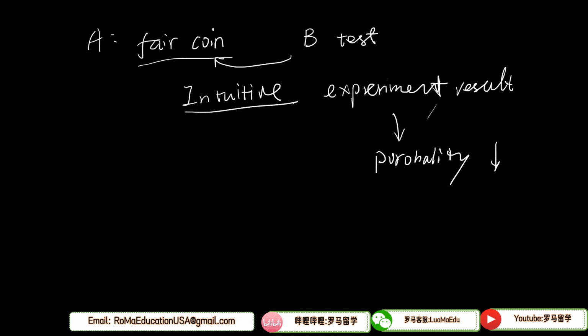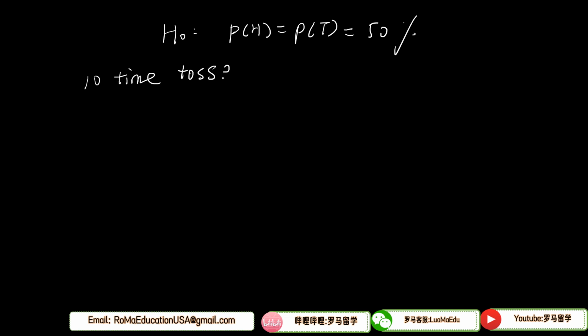Let's say, okay, assuming that this coin is a fair coin, which the probability of the head and the tail are both equal to 50%. Then we will test and toss the coins 10 times. Here we should toss more, like 1 million times or 10 million times, but for simplicity, for calculation, we toss this only 10 times in this case, just for an example.